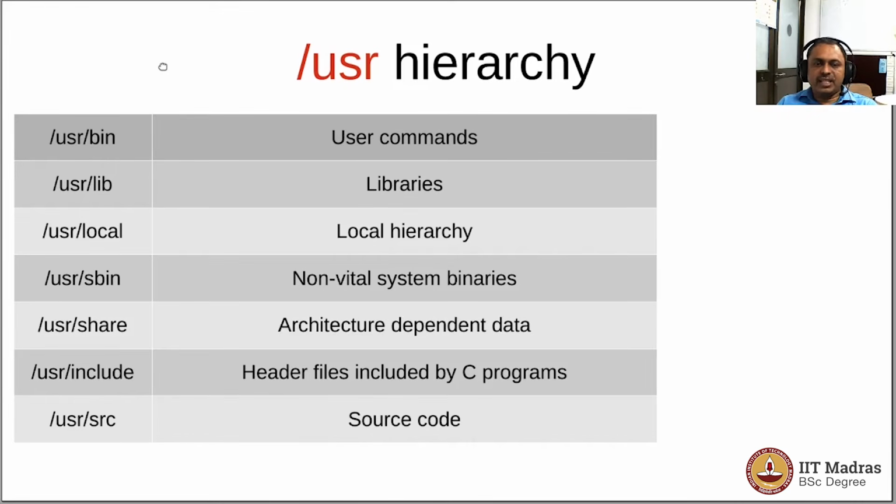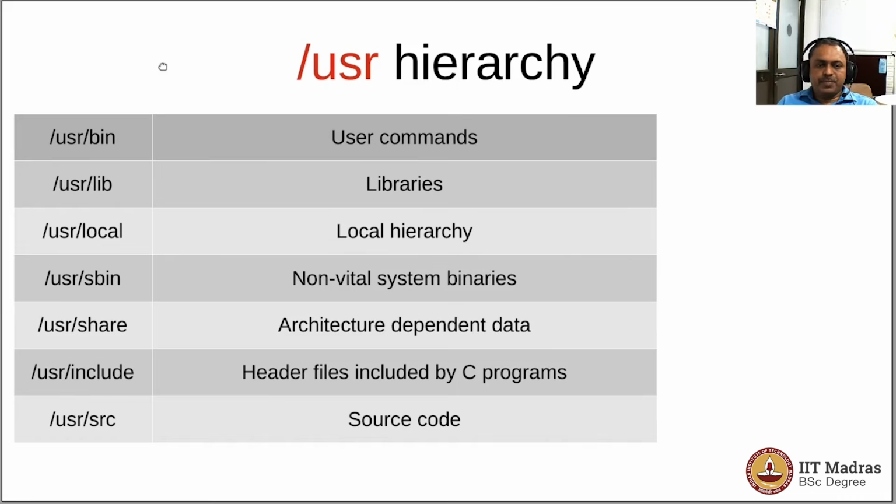/usr/sbin is a directory where system administration executables are located, but these are non-vital because the vital ones are available in /sbin itself. What do we mean by that? When the machine is in single user mode or maintenance mode, the executables required to mount the file systems or perform system administration tasks that are not dependent on any network or any remotely located file systems mounted on the system, you would actually use /sbin.